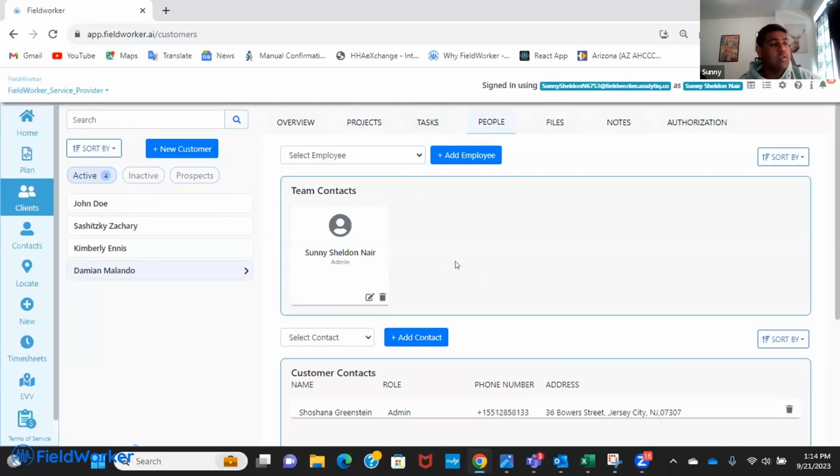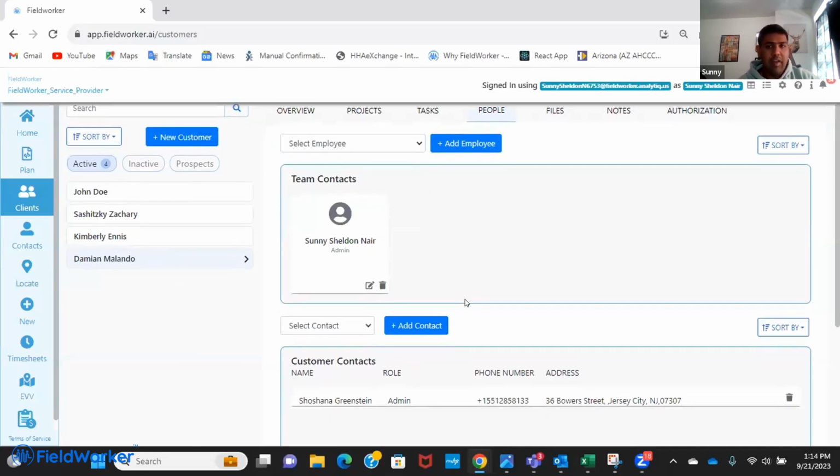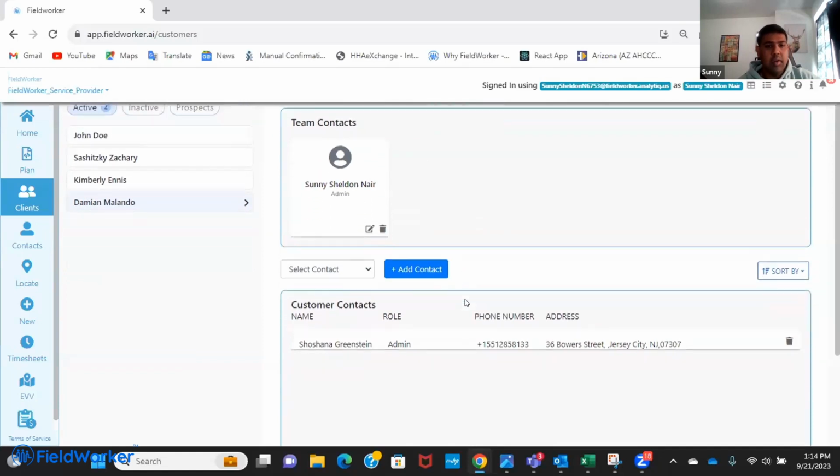Coming to the People's tab, we have contacts. So this is where you can associate multiple employees. So if any employee of your system, a caseworker, sometimes caseworkers fill in for people who are sick or cannot be in the office. So you can always assign multiple employees to a single client record, and that would then give them access to perform services or record time for that client. It's very simple, just a single click, add employee, and the employee will then be associated with the client record. They then have access to all of this information.